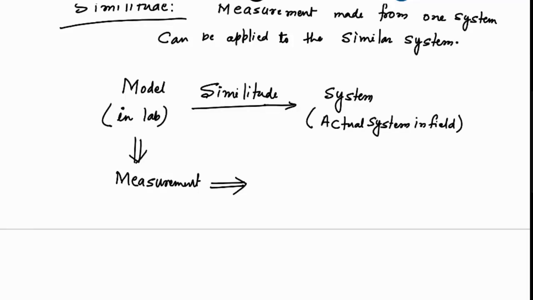Abstract kind of equation, analytical equations. Another equation that can be derived using the data is called empirical equations. So you have the measurements, and using these measurements you can derive some empirical equations. In engineering, most of the equations are empirical equations because most of the actual systems do not fit into the abstract process, abstract modeling. And once you have empirical equations, you can apply them to the field. So this is the idea of this chapter.